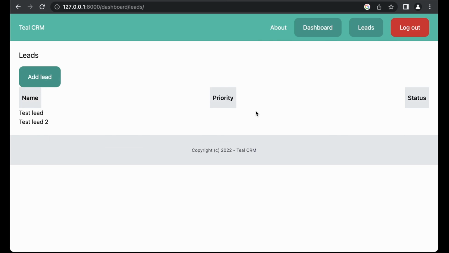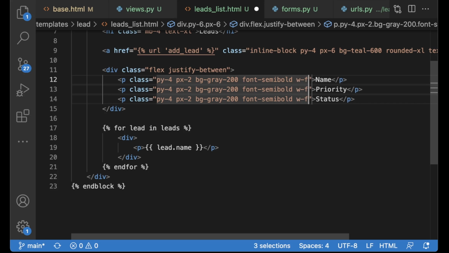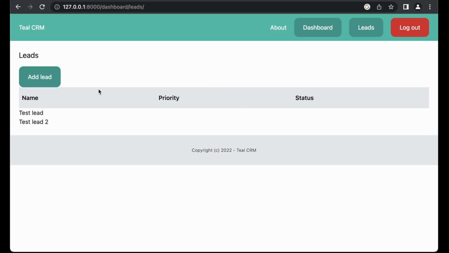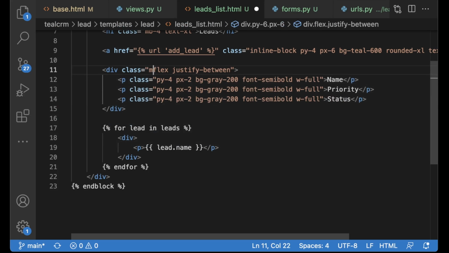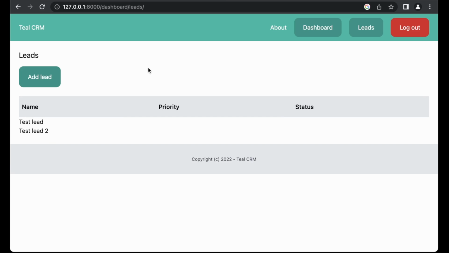Okay, looks a little bit better, but I think it's a w full. Then they will fill out more of the place here. Nice. So we need some space there as well. So on this flex we can say MT6, margin top 6, and save.